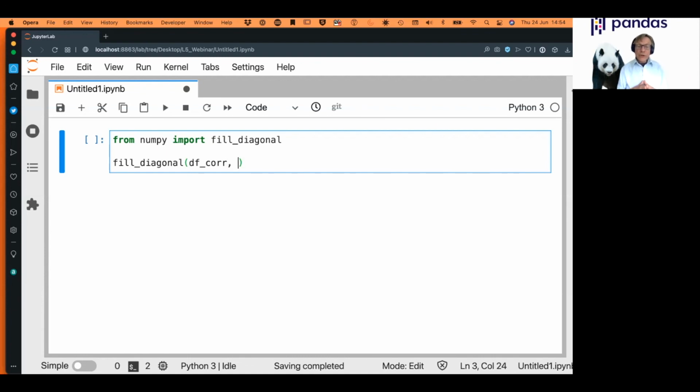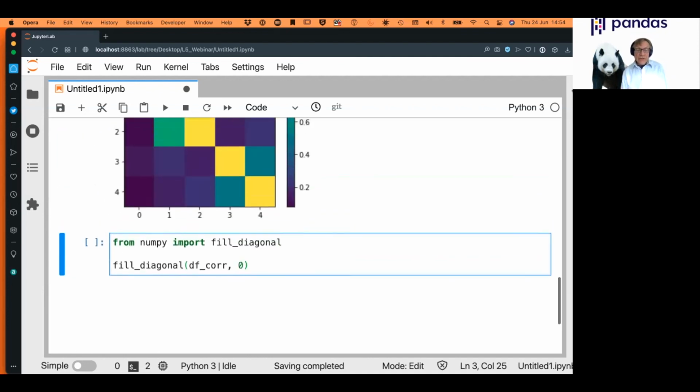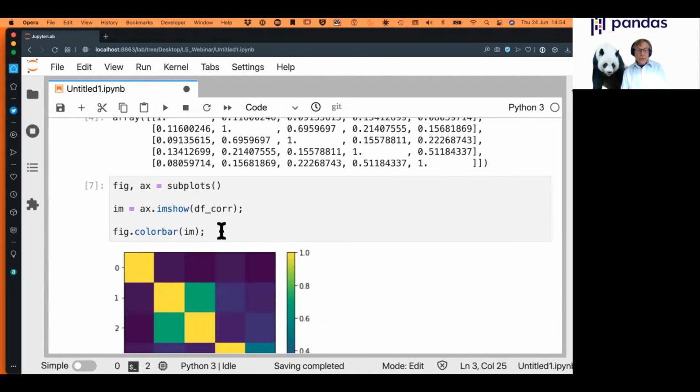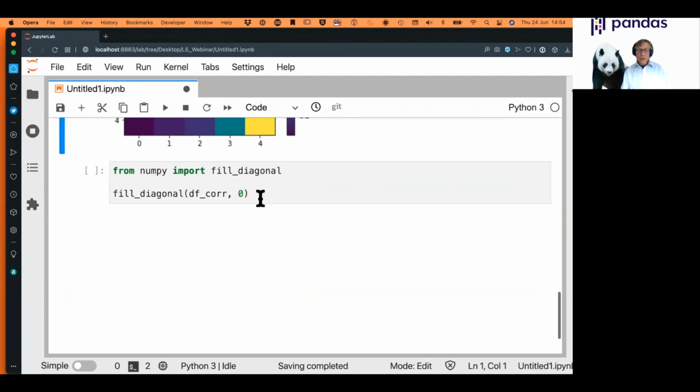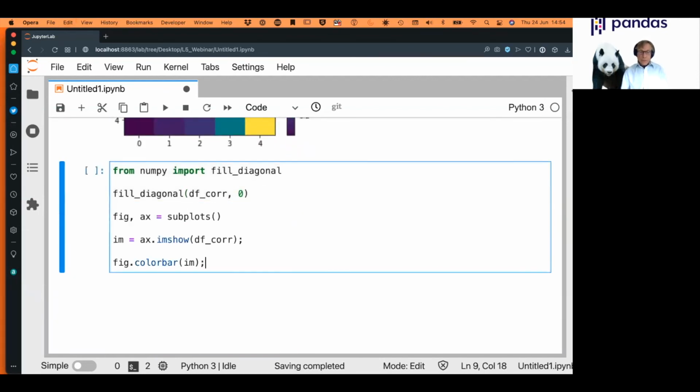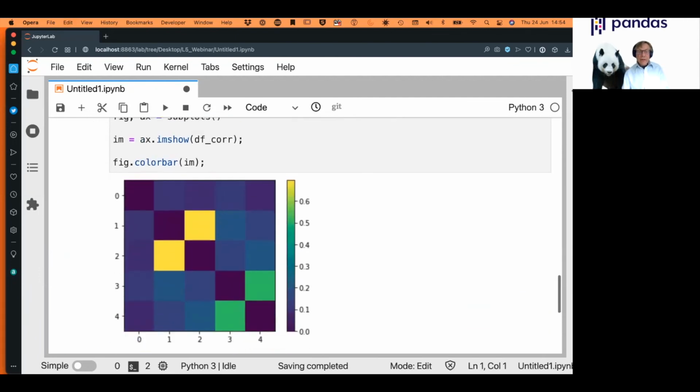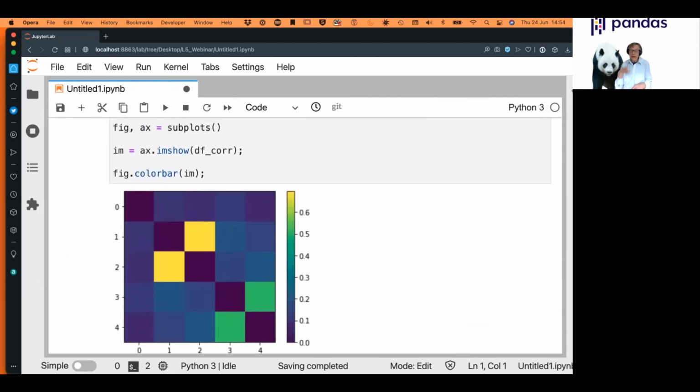And what we can do is replace the diagonal as is with any value that we want to have. So a good trick for correlation matrices, which are between -1 and 1, is to put the diagonal equal to 0. Because if we then use that same code, I just copy and paste the code from here and repeat that, with the diagonal put to 0,